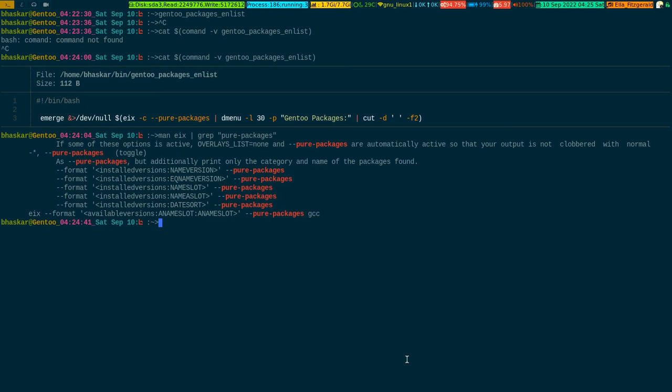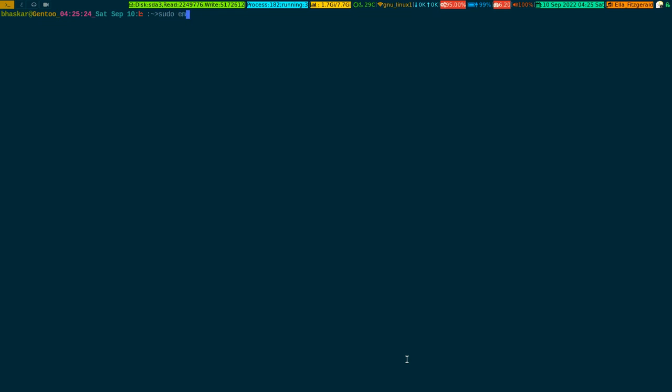Then it simply calls up dmenu and cuts through some columns. As simple as that, okay. So this is the simplest possible way. These two methods, these two wrappers, are the simplest possible way. Now you can do other stuff also. If you do